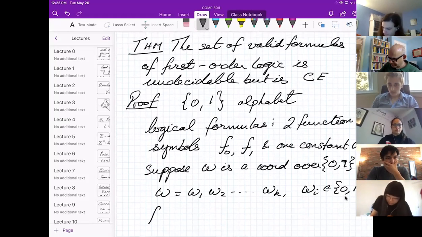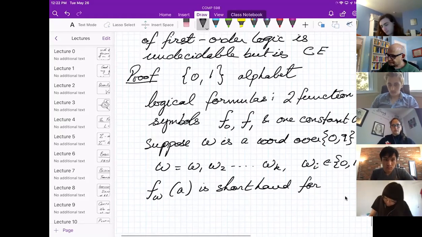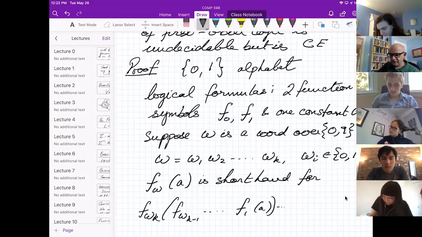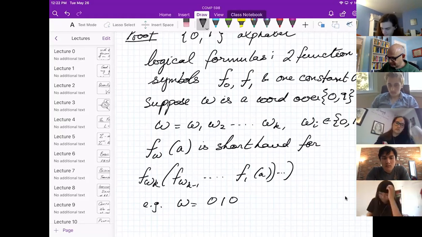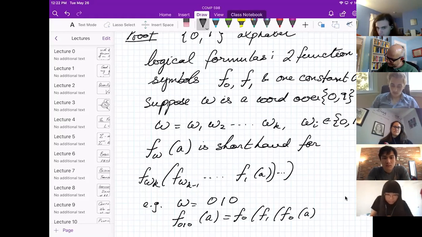Then I'm going to write f sub W applied to A as shorthand for f sub WK applied to f sub WK minus 1, down to f sub W1 applied to A. So for example, if my word is 0, 1, 0, then f sub 010 of A is shorthand for f of 0, of f of 1, of f of 0, of A. So everybody get the idea?